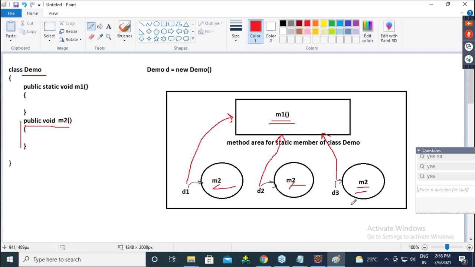Object-wise, we will have different implementations in non-static. But tell me guys, are you really thinking we can override static? If D1 overrides static, all these fellows will get affected, because it is one copy shared by many people.